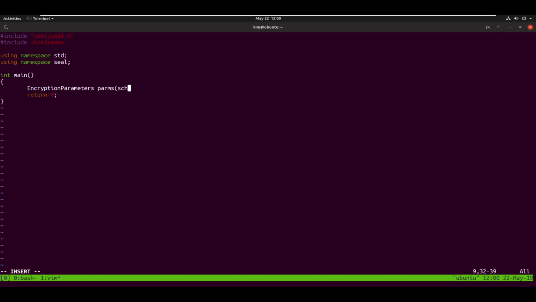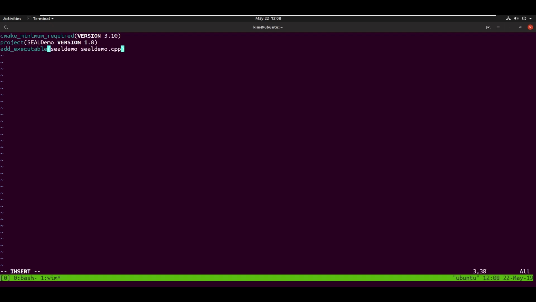So we give scheme_type::BFV as an argument to the constructor. To configure our project, we need to create a CMakeLists.txt file for it. cmake_minimum_required(VERSION 3.10), project(SealDemo VERSION 1.0), add_executable(SealDemo sealdemo.cpp).